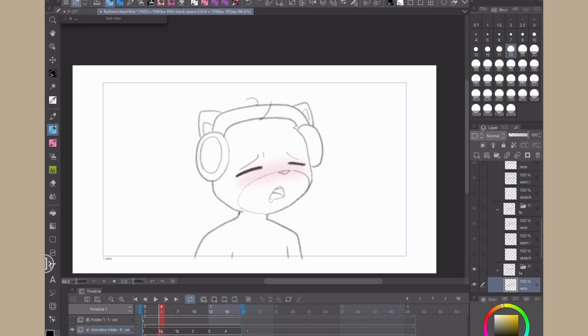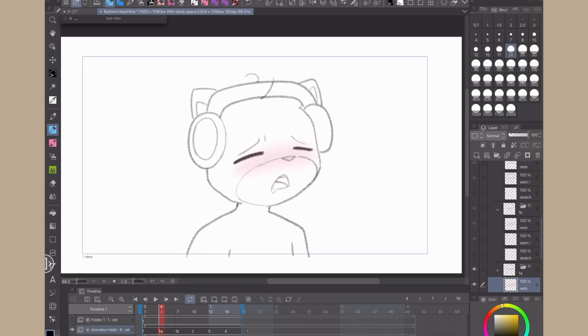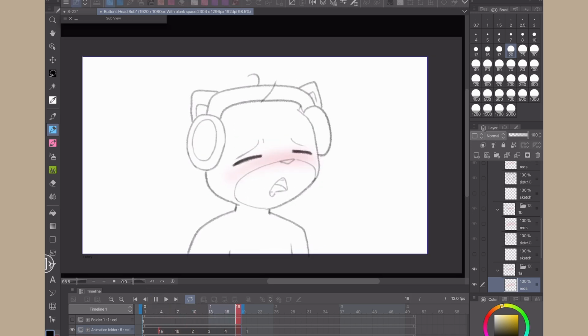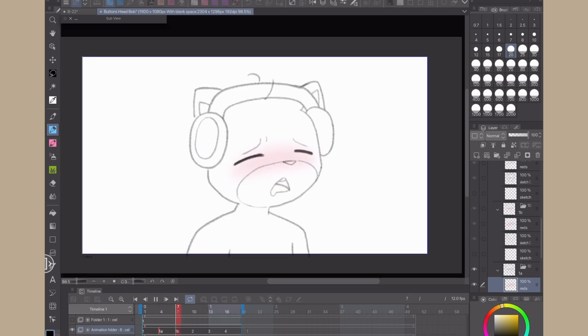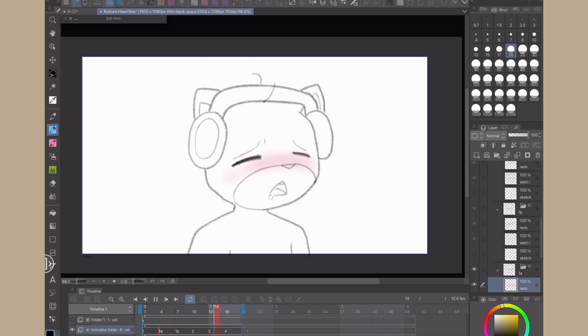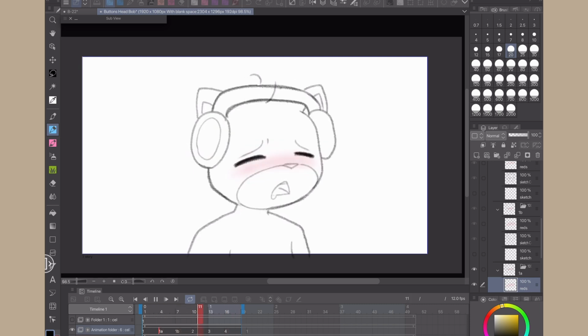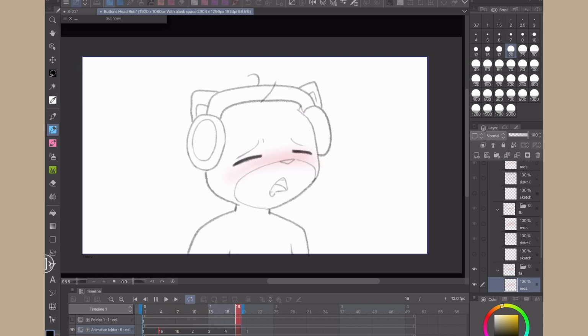Well, kind of got what we need for the gist. This is where I'd say the sketch of the animation is done. The gist is done. After this, it's kind of busy work. It would be going over these lines, cleaning them up, making it look nicer, and then going under those and